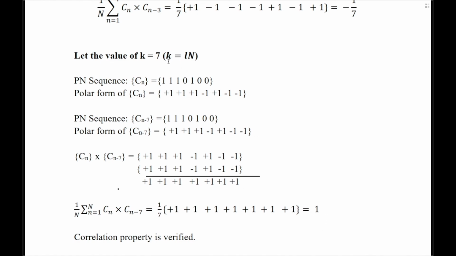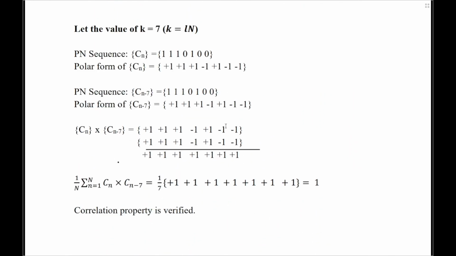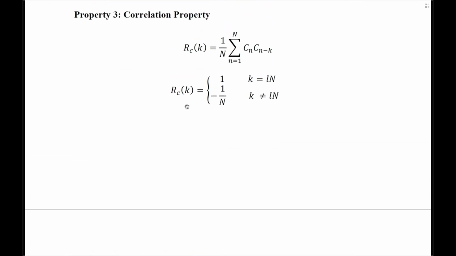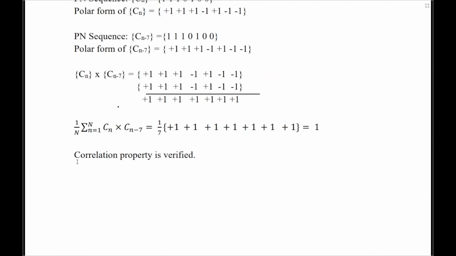So, for the case when k is an integer multiple of the length of the Pn sequence, the autocorrelation is found to be 1, and when I come back to the equation for autocorrelation, I find it is equal to 1 here as well. Therefore, we now say the correlation property is also verified. Right. This is how you are going to generate a Pn sequence. Particularly in the example considered here, we have generated a maximum length sequence as well as verified its properties. Right. With that, I end this video.